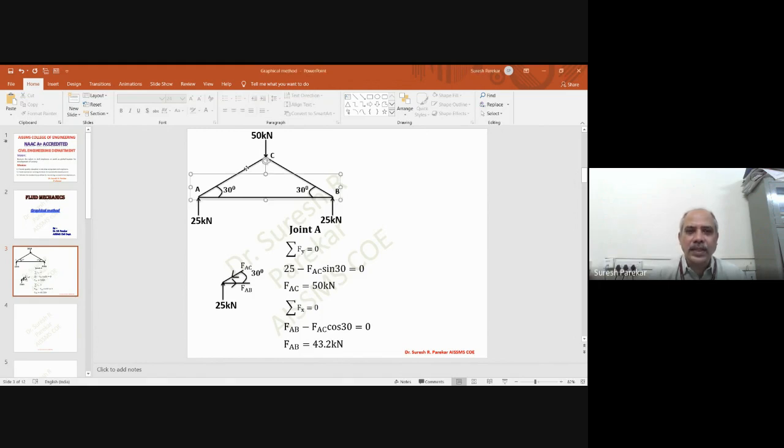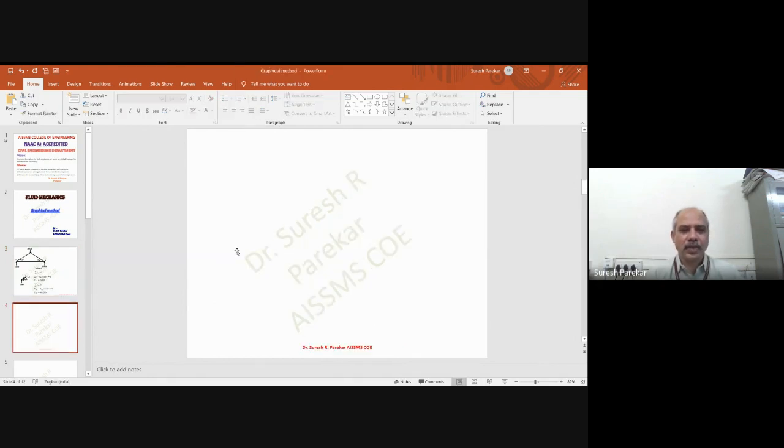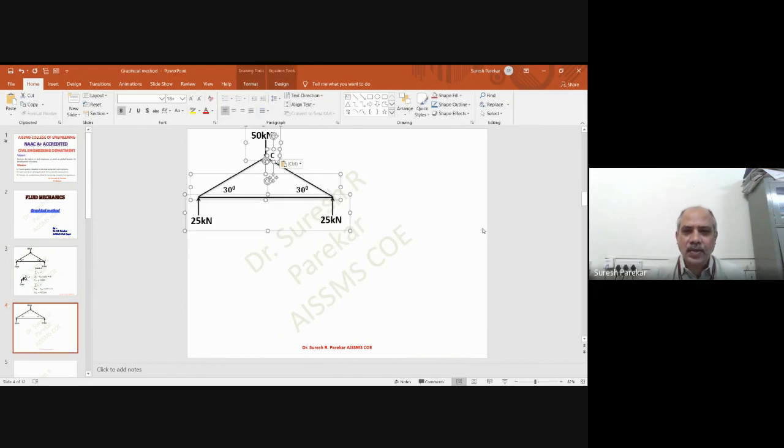So now, knowing these values, we are going to solve this problem by using the graphical method. So now we will go by the graphical method. I have not made this presentation mode, because now you should be in a position to solve this one. So now we have Bose notation. What does Bose notation mean?